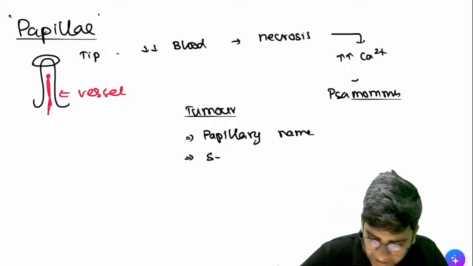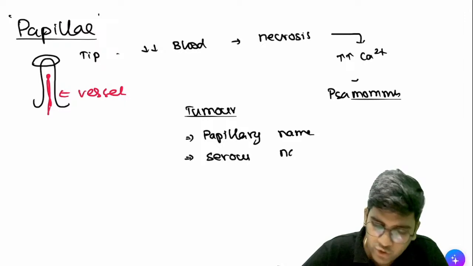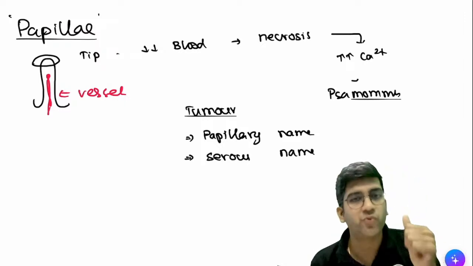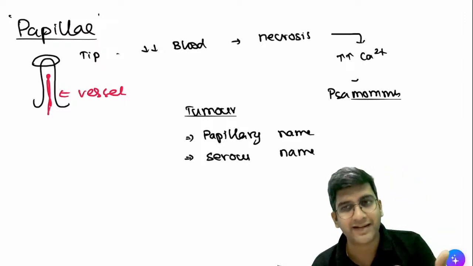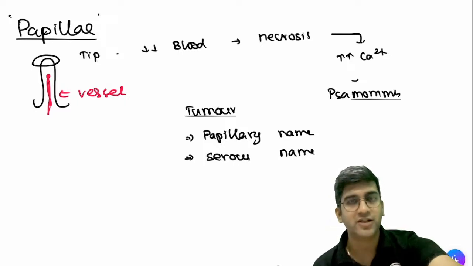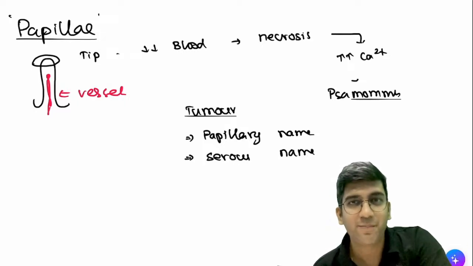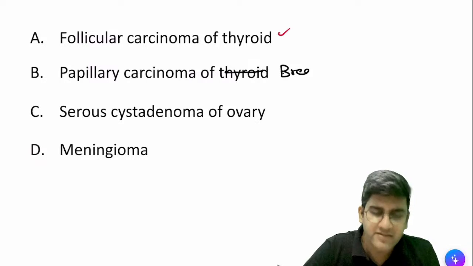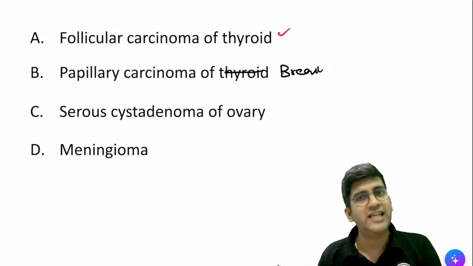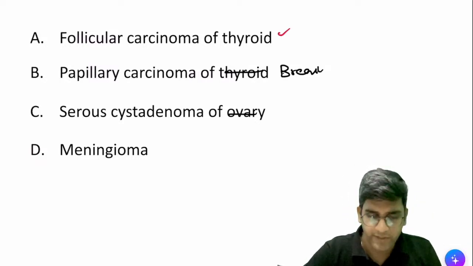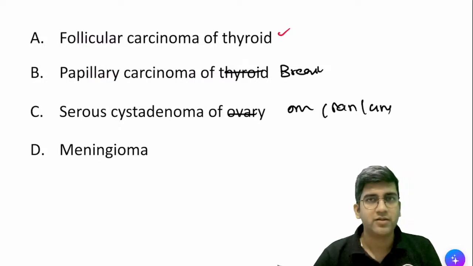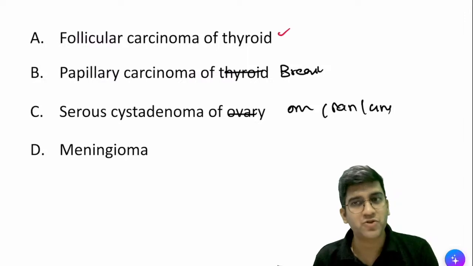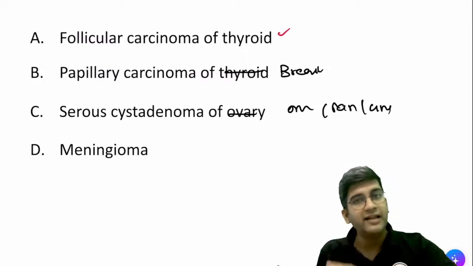Tumors with serous in the name. Serous tumors in microscopy will have papillae. Serous is studied in ovary, endometrium, omentum, pancreas, everywhere. Everywhere will have it. It's not PSM squared alone. PSM squared helps you to remember only papillary carcinoma thyroid. If I change the question to papillary carcinoma of breast, the answer is the same. Any papillary tumor, not just serous tumor of ovary, omentum, pancreas, lung, right? Papillary mesothelioma, serous mesothelioma will have it, right? Anything with papillae, anything with serous will have it, right?